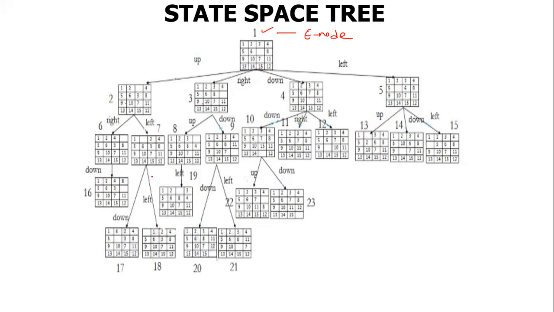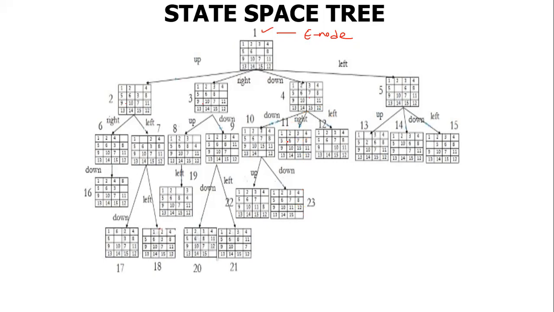So this is another state. In the same way, 7 is also moved towards left or down. Here only left is possible, here two states are possible, and here two states are possible. So whenever we check the 23rd state, all the tiles are arranged in order, that is 1, 2, 3, 4, 5, 6, 7, 8, 9, 10, 11, 12, 13, 14, 15, and the empty space is moved to the last position. Okay, this is the 15 puzzle problem.